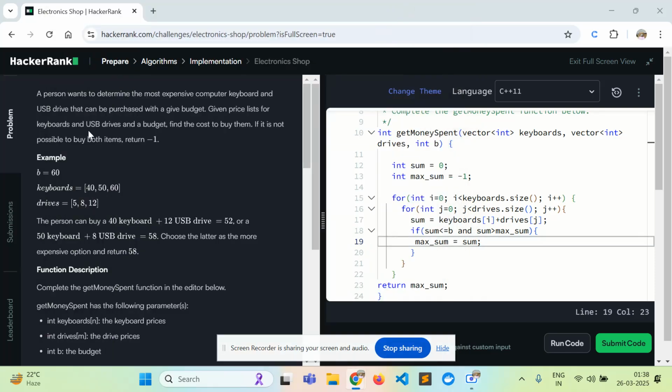Hello everyone. So today we have a problem called electronic shop and it's from HackerRank,